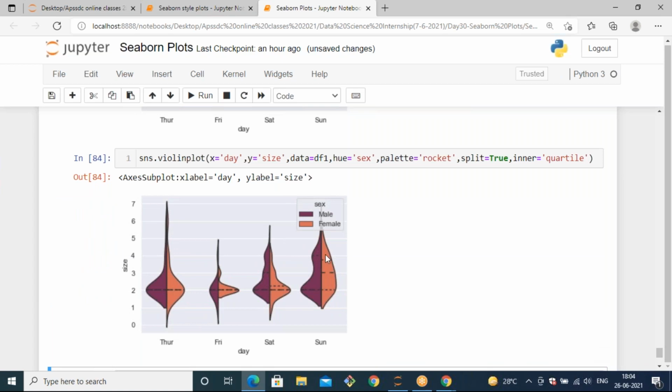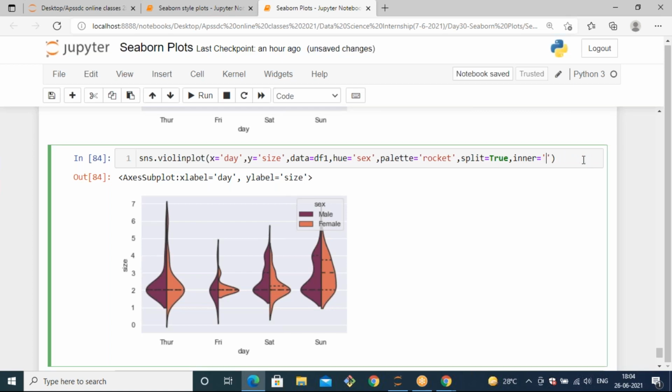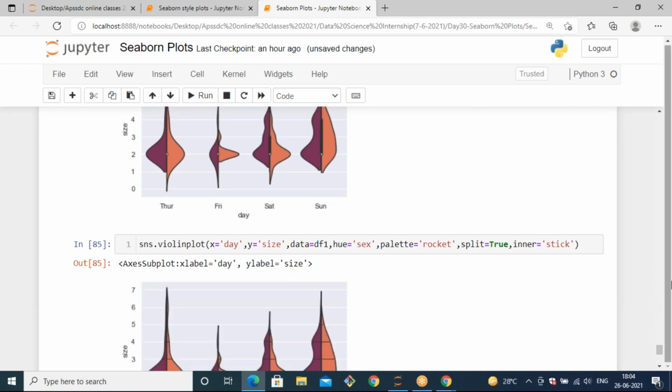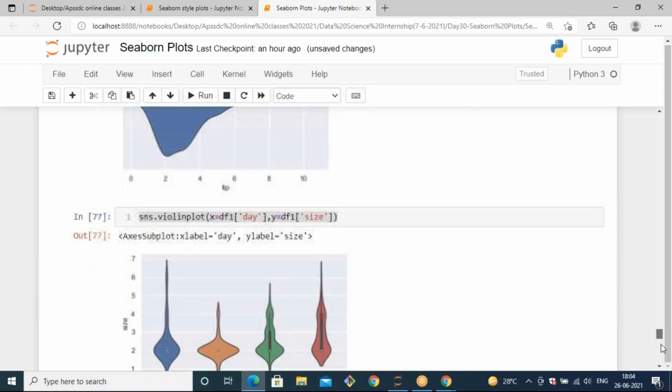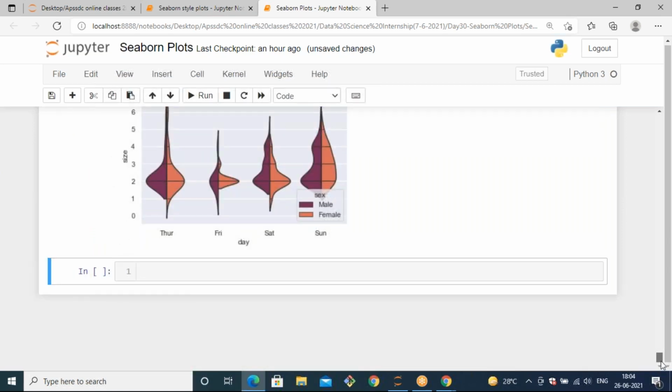So it will point out the quartile range in the violin plot, by passing dots or lines. If you make it stick, you will observe straight lines like this.